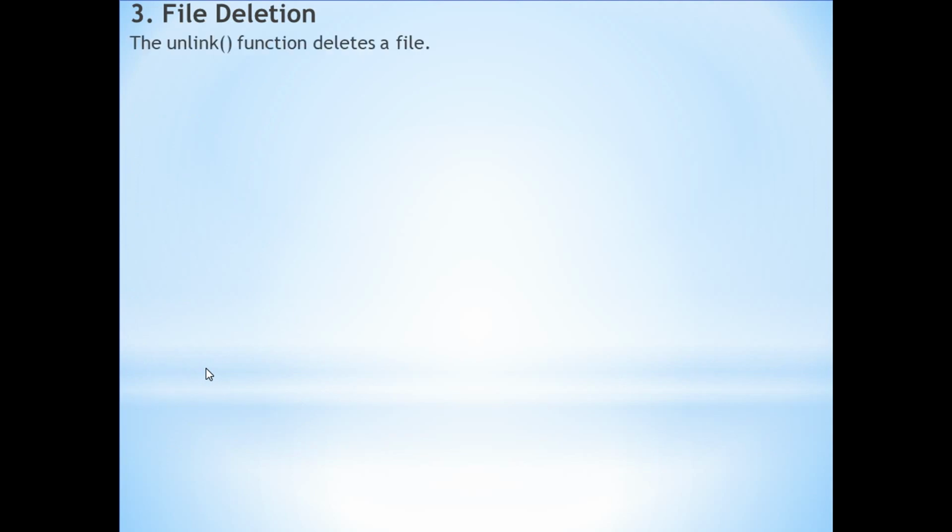Third one is file deletion. Very simple thing. Whenever you want to delete your file, you have to call the function unlink. Whatever you have written in your folder or text editor file will be completely deleted. So you have to write unlink, file name, and then context.